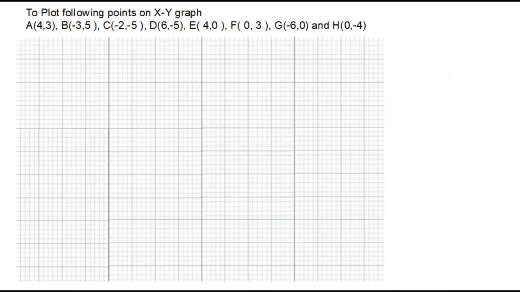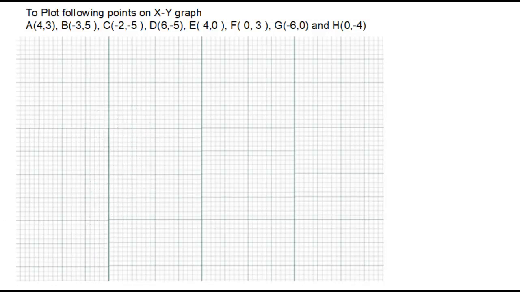Let us understand how to plot the points on actual graph paper. You can see the actual graph paper containing some grid lines. Some are darker grid lines and some are lighter grid lines. The darker grid lines are approximately separated by 1 centimeter. That means this much distance is approximately 1 centimeter, horizontally as well as vertically. You can purchase such graph paper from any stationery shop.